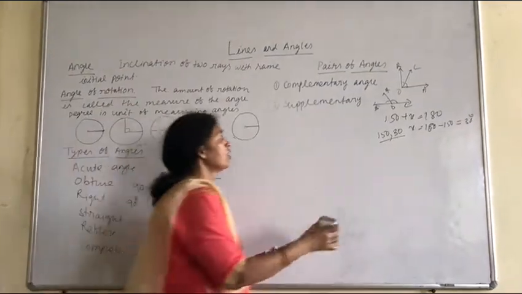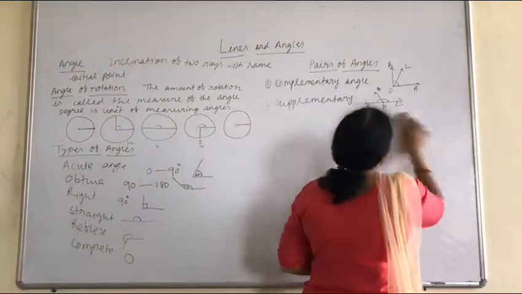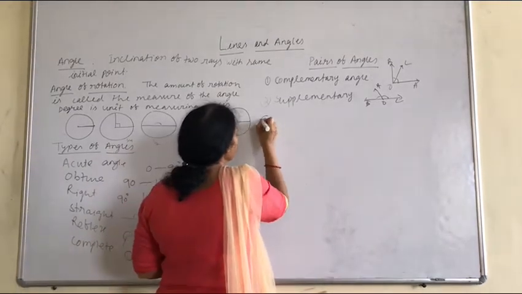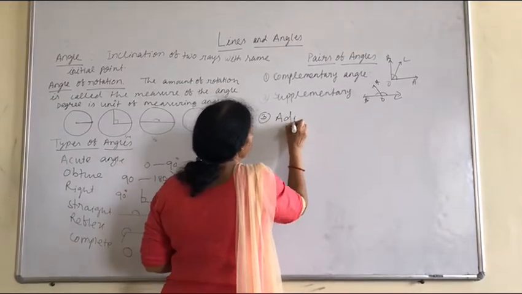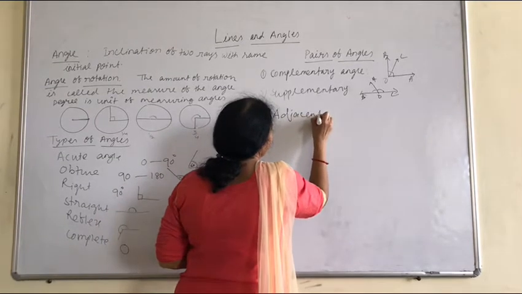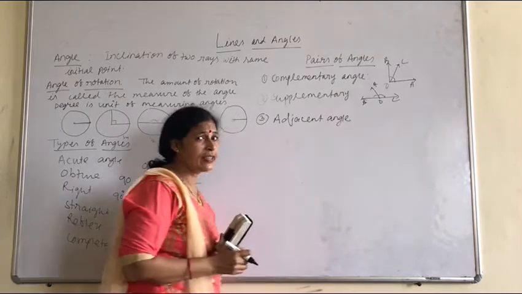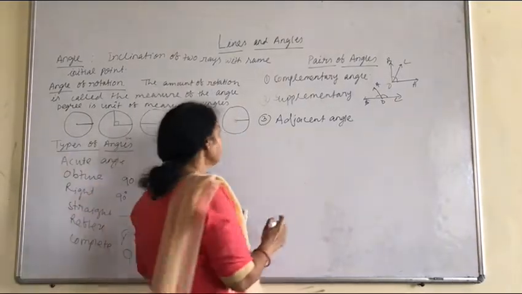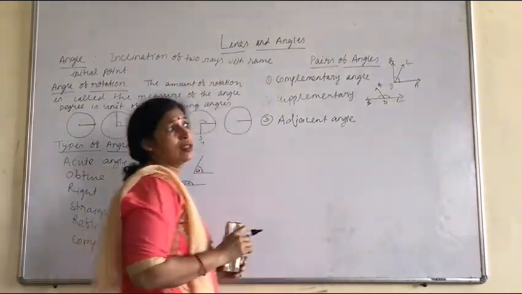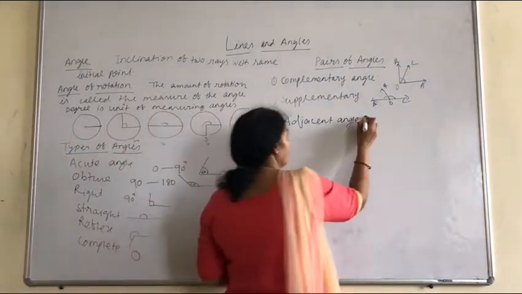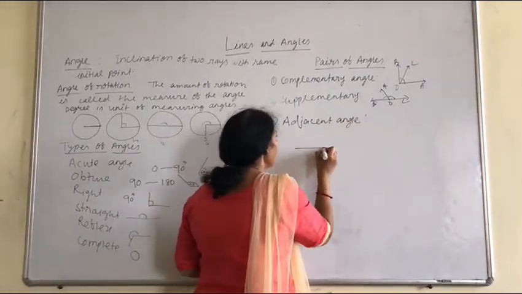Next is adjacent angles. What are adjacent angles? It has a definition. Two angles are said to be adjacent if they have a common arm